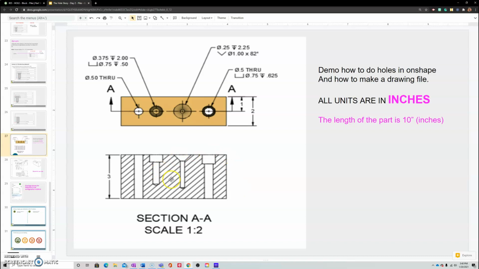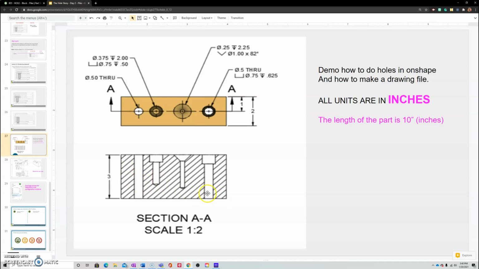So if we look at this as the overall dimension, we have a top view that's showing a section, and the section just means that we're going to cut it right on this line. And when you cut it out, if you look at it from the front view, if you will, it kind of shows half of that gauge block, and it shows you how our holes are oriented. So each one of these corresponds with each of the holes from the top view, and these angled lines here are called hatch lines, and they just mean that this is the actual part, the solid part